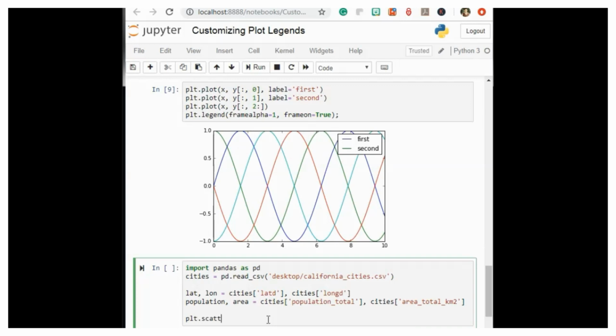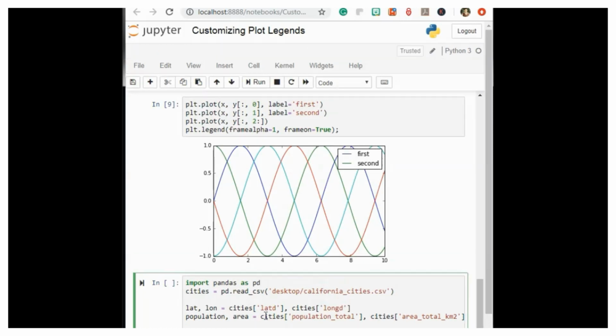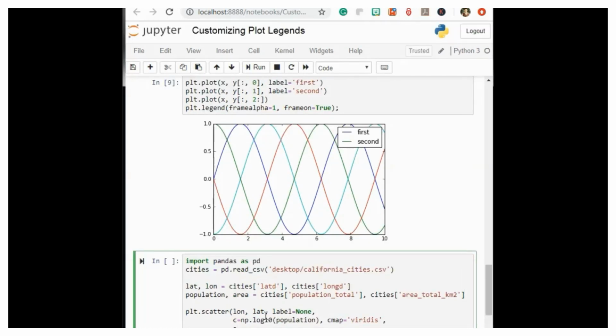plt.scatter, label, c equals np.log10 population, cmap, vary this, s equals area, linewidth equals 0, alpha equals 0.5,